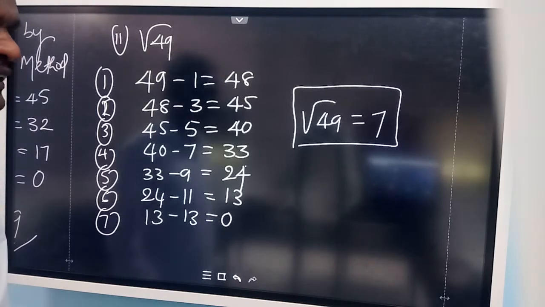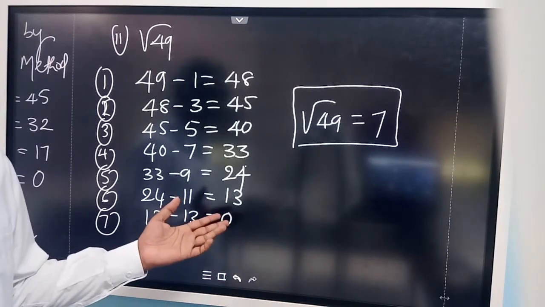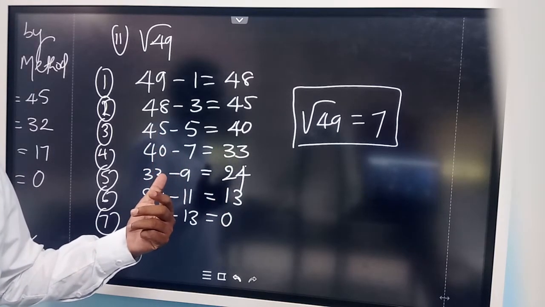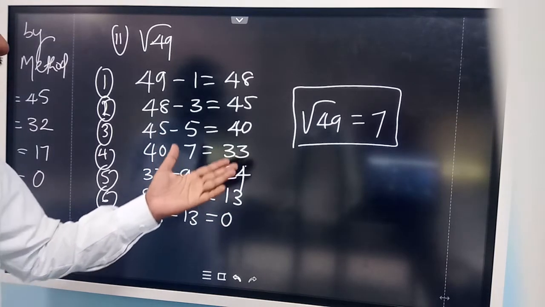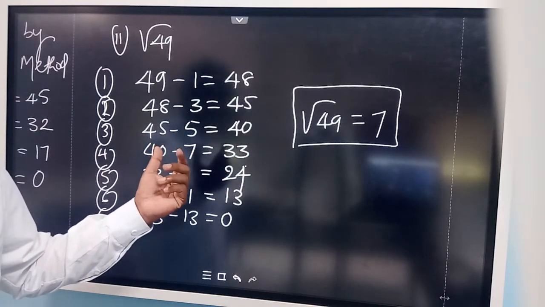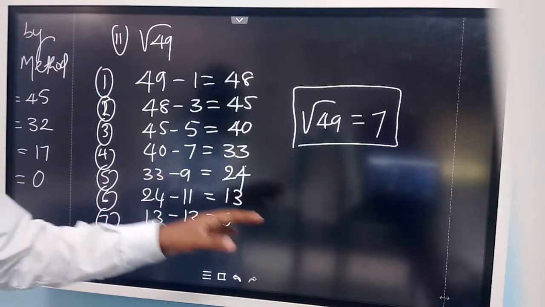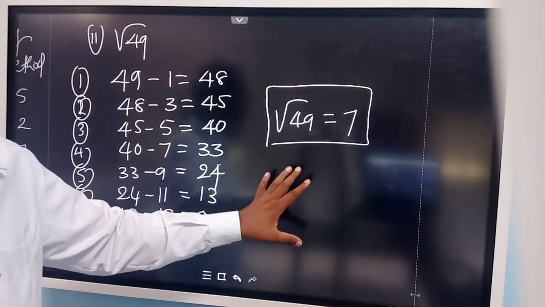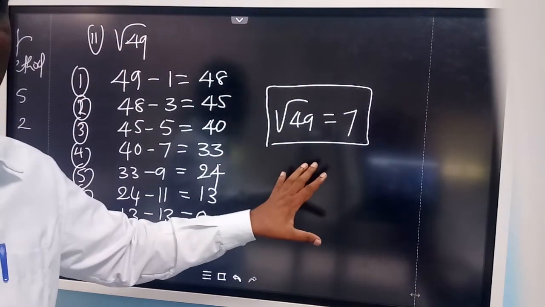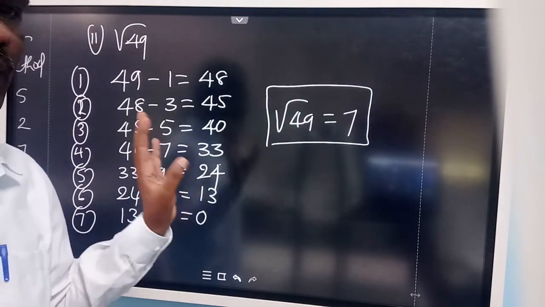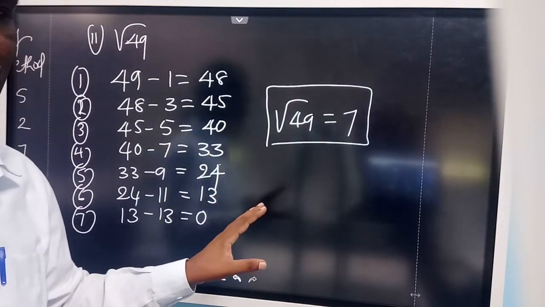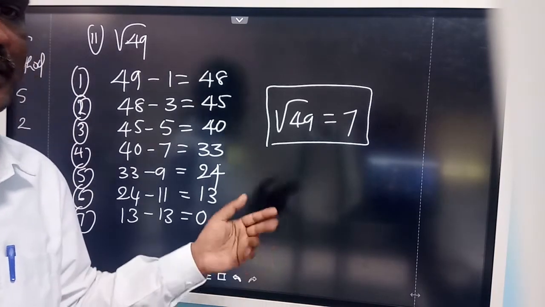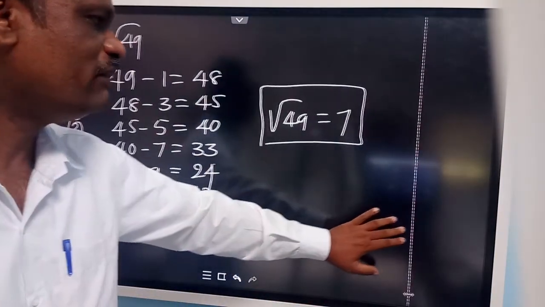So this is always a lengthy process. Only smaller numbers and perfect square numbers can be done by this method. For a bigger number, it is very difficult to do this. Only a few numbers can be done by this method. This is because we know that property, all square numbers can be expressed as the sum of odd numbers. So n square means n odd numbers. That property we use here.